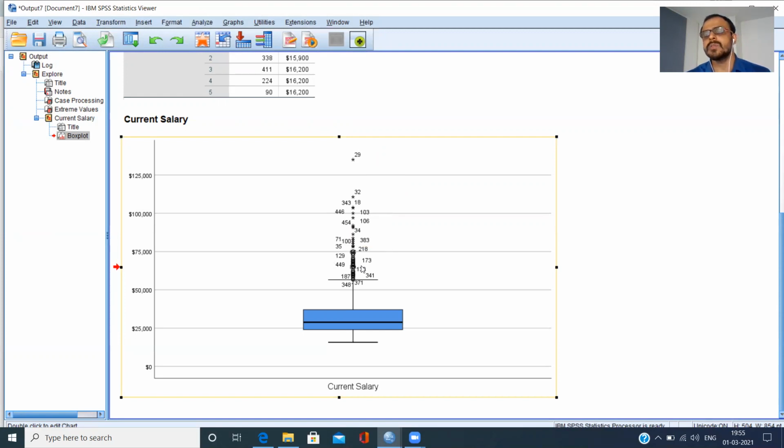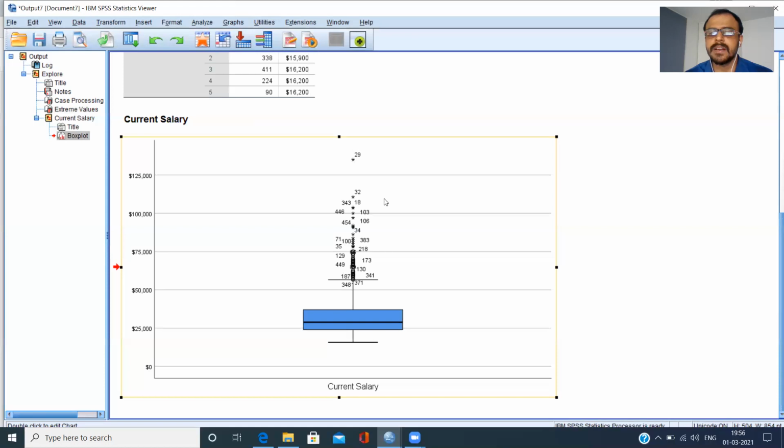In normal day-to-day conversation, we tend to treat outliers and extreme values as though they are the same, but technically speaking, it is not the same. There is a distinction between outliers and extreme values. Outliers are definitely harmful, but extreme values are more harmful. They're very extreme, and they're very large values. SPSS highlights them by putting an asterisk mark here. Outliers are usually shown using a circle, and extreme values are shown using an asterisk mark.